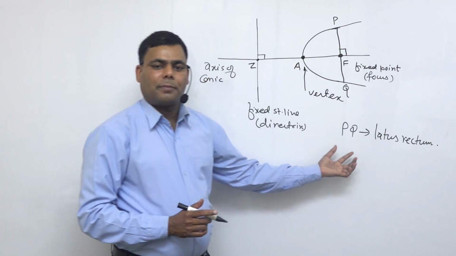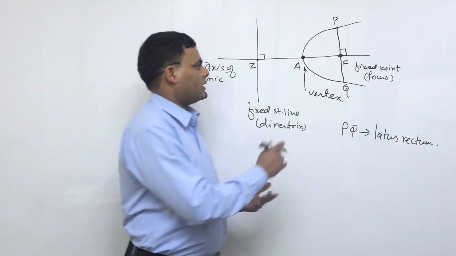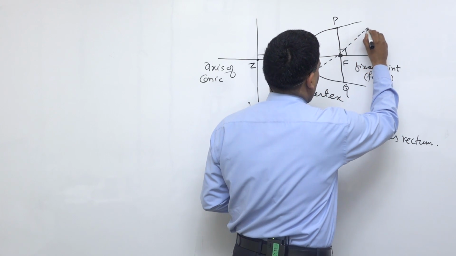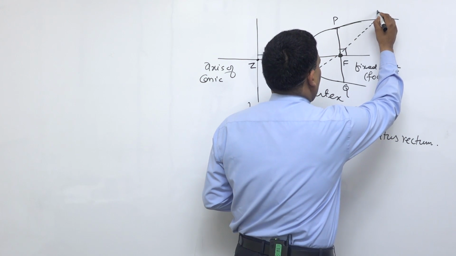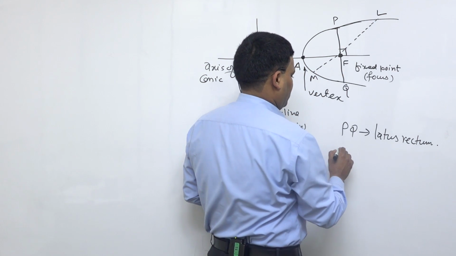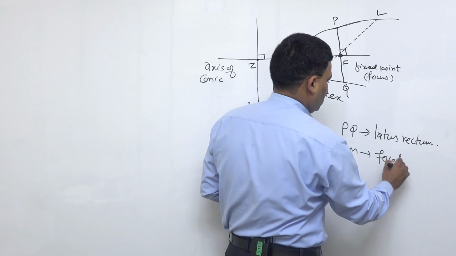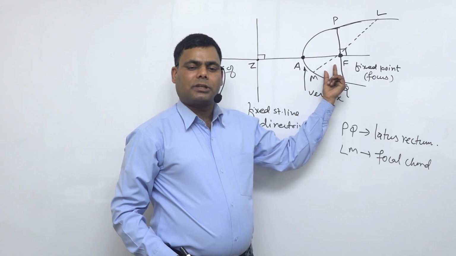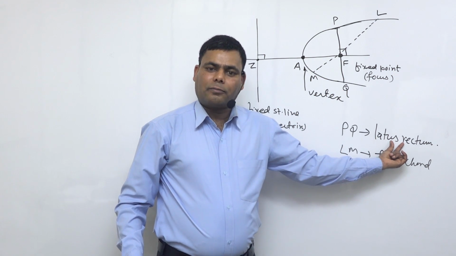This is a special type of focal chord. A chord that passes through focus is called focal chord. For example, suppose this LM is a focal chord. A chord that passes through focus is called focal chord, and PQ is a special type of chord, focal chord,